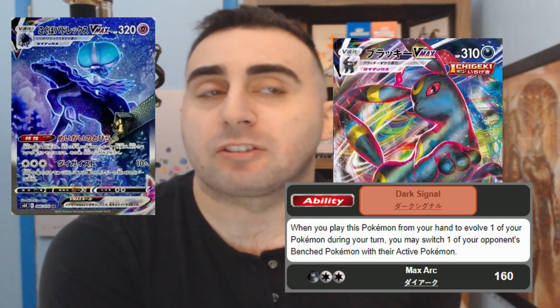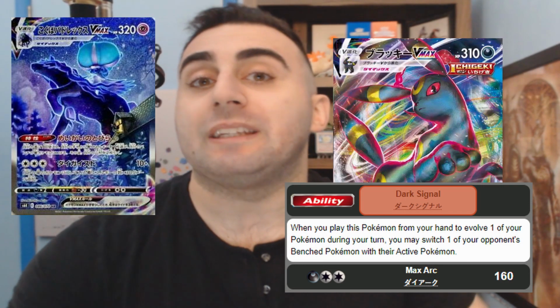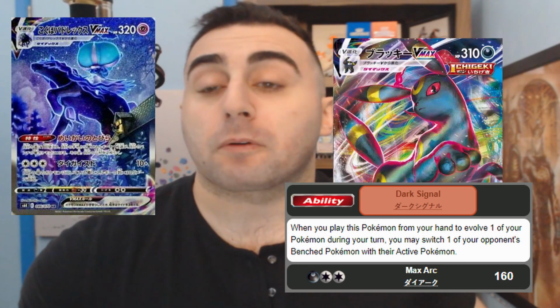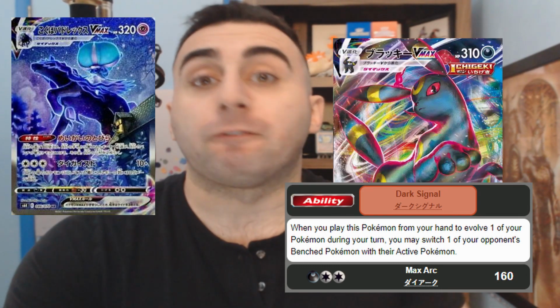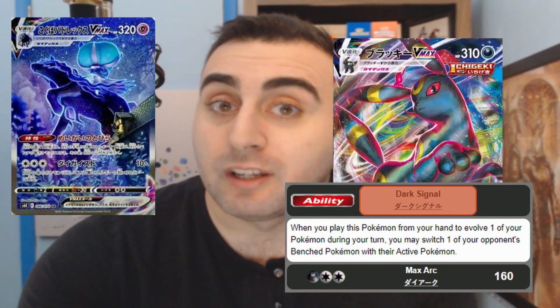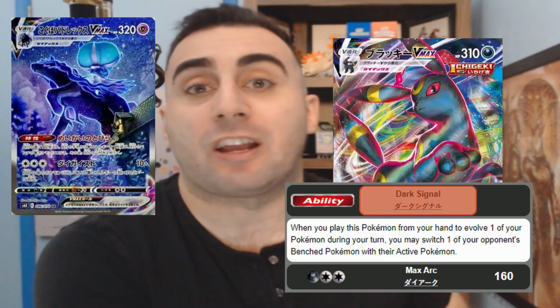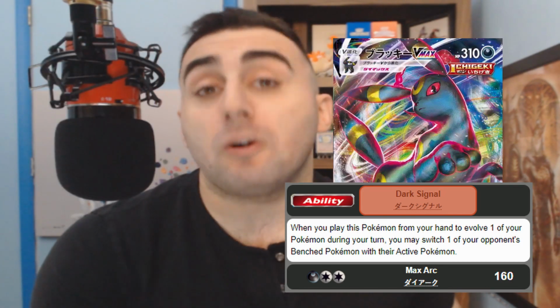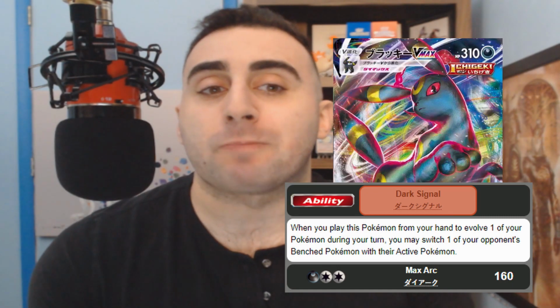because the way Shadow Rider VMAX attacks works is that it does damage based on all of the psychic energies that your opponent has on all of their Pokemon. So if one of their Pokemon has like 3, 4, 5 psychic energies on it, well, you don't want that, because that's more damage that Shadow Rider is going to be able to do. So you evolve Umbreon V into Umbreon VMAX, you pull that Pokemon into the active spot,